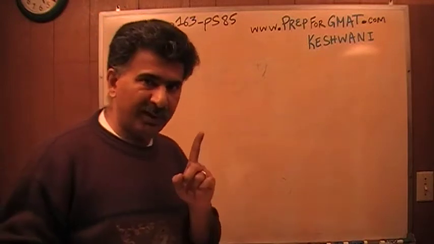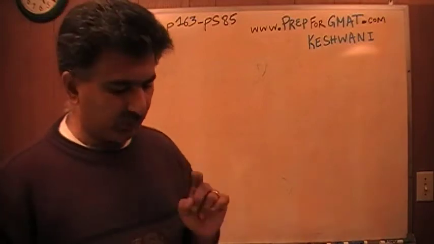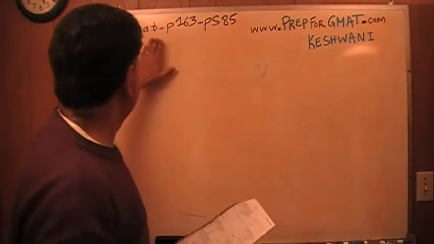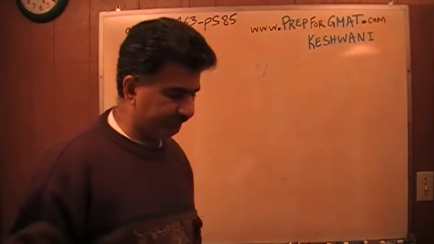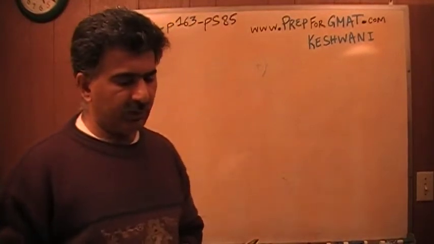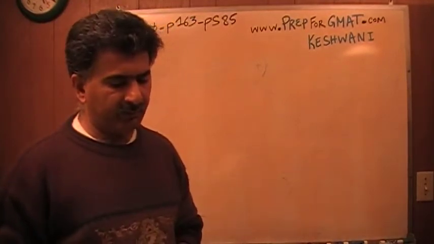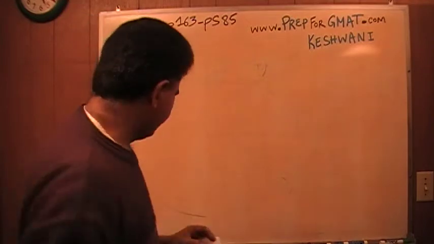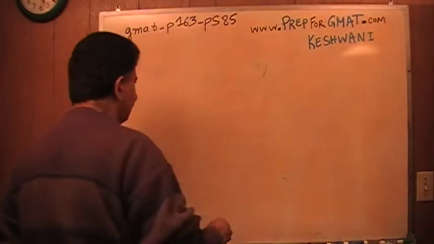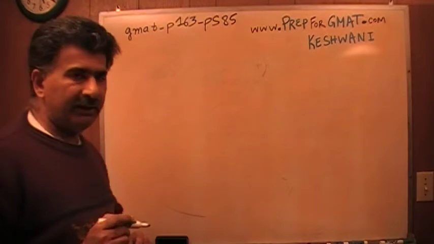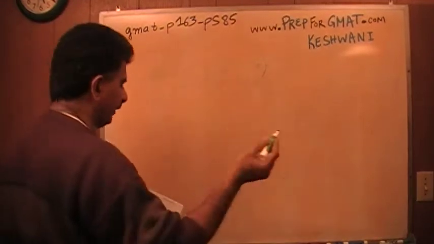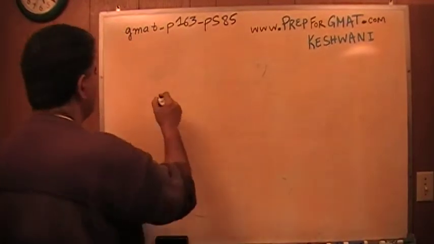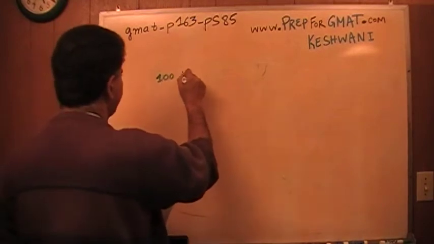Read the problem with me. You have to have the book in front of you, otherwise you will not follow me. Turn to page number 163, problem 85. It says that a dealer originally bought 100 identical batteries at the cost of Q dollars. So I'm going to make a note to myself. As you read the thing on the screen there, make a note to yourself on the scratch paper that they give you. 100 batteries